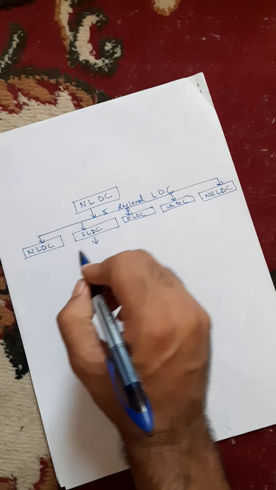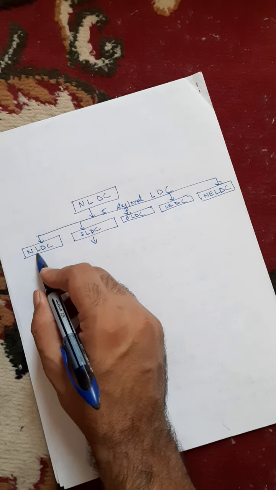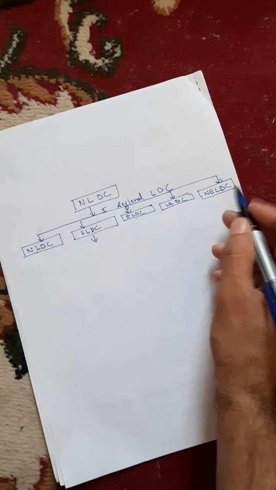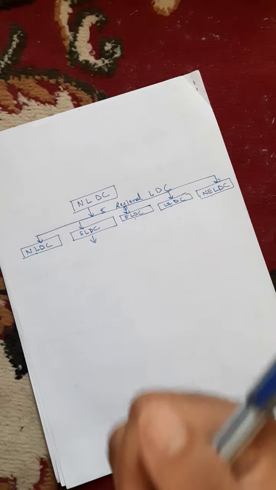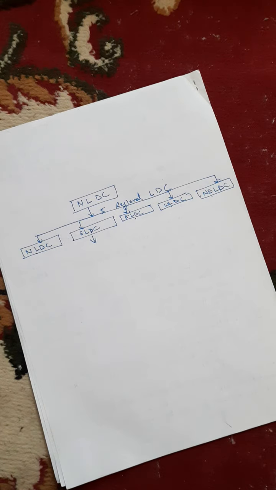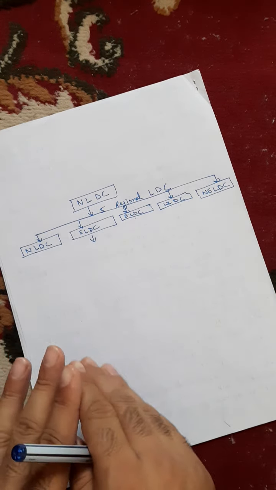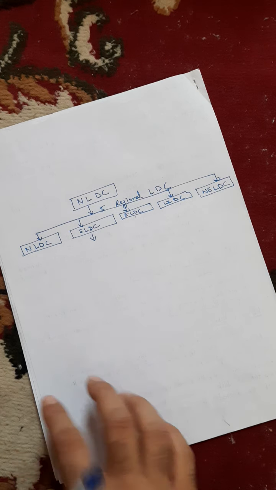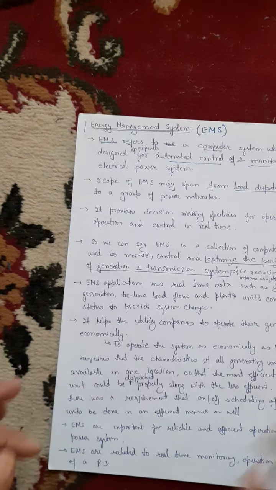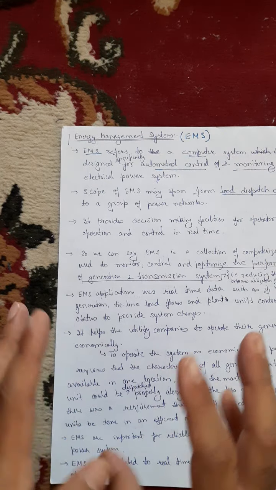Southern load dispatch center, it operates at different frequency. Okay, whereas these remaining 4, Northern, Eastern, Western, and Northeastern, they operate at the same frequency. However, this Southern load dispatch center, it operates slightly at lower frequency as compared to these 4 grids. Okay. So next I am saying this load dispatch center function, it also comes under this energy